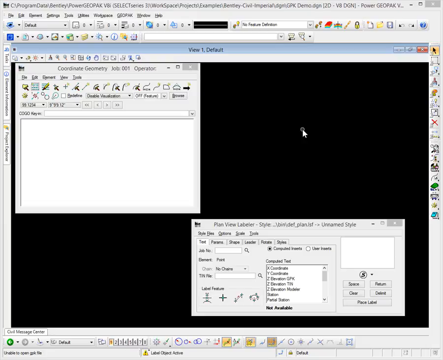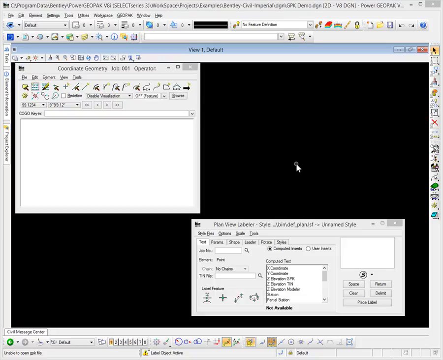In Select Series 3, Service Pack 2, or even Select Series 4 to be released at the end of 2014, one of the common questions that comes up is why do we still need the GPK file for use with OpenRoads technology? The easiest way to explain this is by just a quick demonstration,